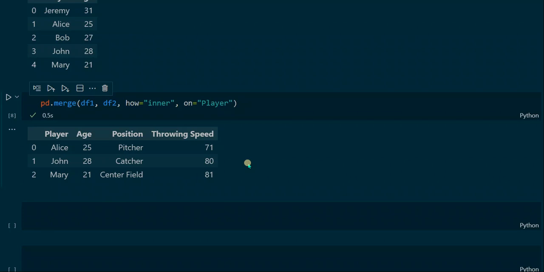When we compare this to the merge that we did in the first section, we can see that the resulting data frame is the same. And that's because inner is the default value for the how parameter. Although we changed data frame 2 a little bit and added 2 new players, these players are only contained in data frame 2, so they are not in this